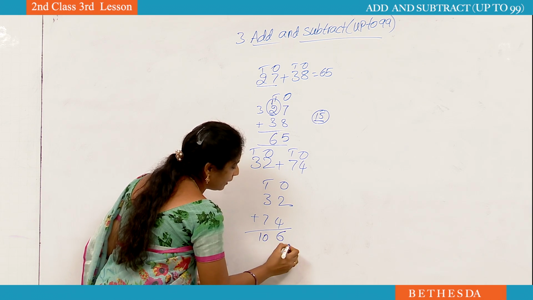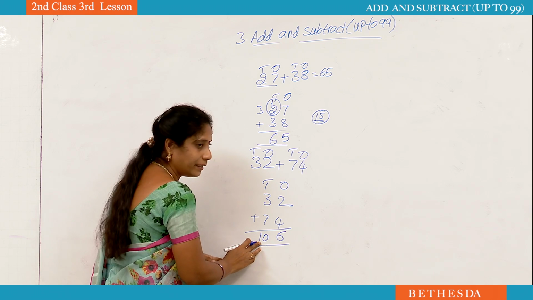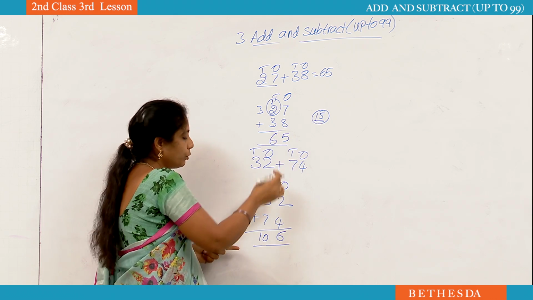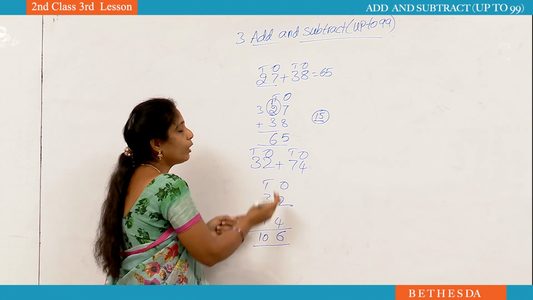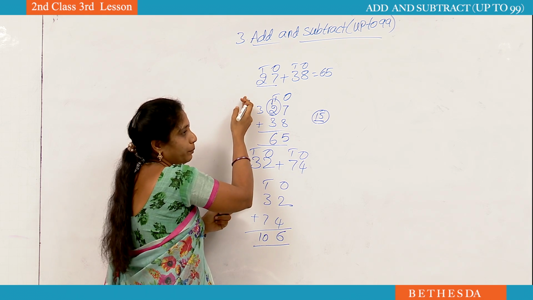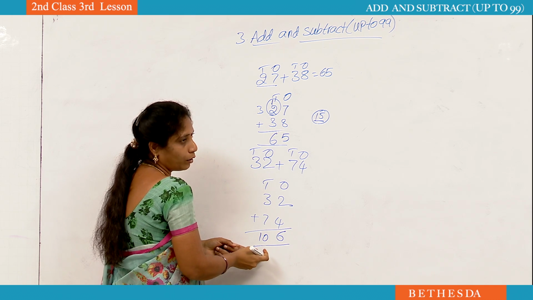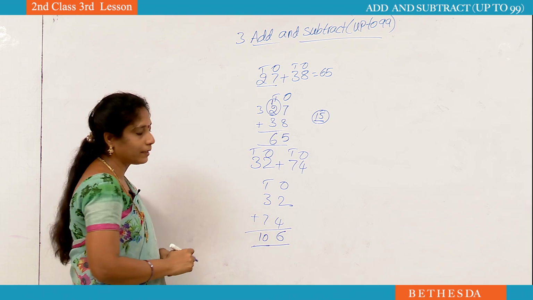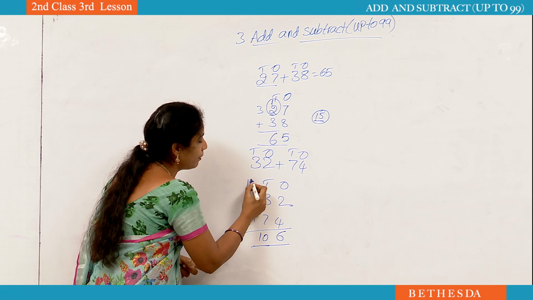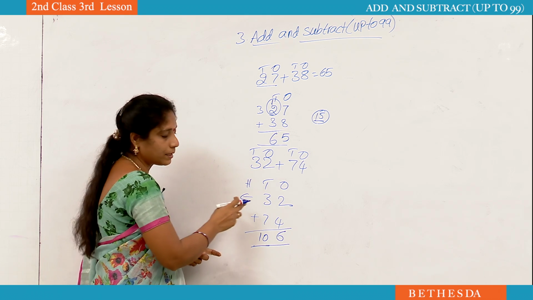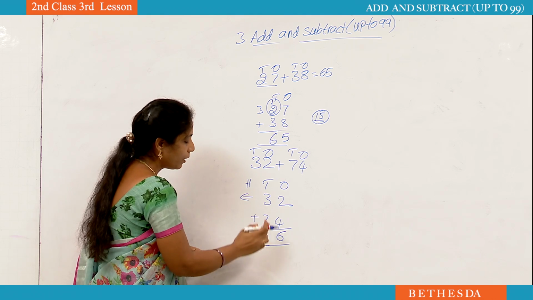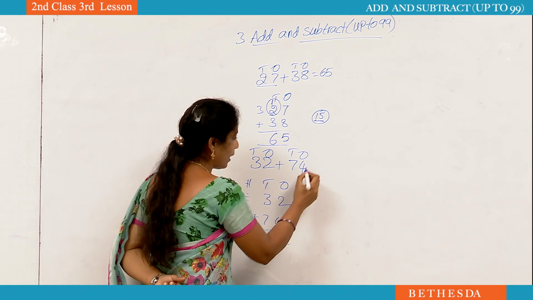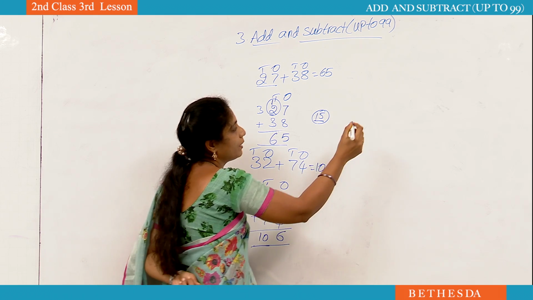Here we got 10. In 10 we have 2 digits, but I am writing it down. Teacher, before you told us that if we get a 2 digit number, we should not write it directly down. We have to write 1 in the next place and write the other number in that place. But here you wrote it down, why madam? To write the number, we don't have a hundreds place. Yes, is there a hundreds place here? No, that's why you have to write the answer here only. Now did you understand how to do additions? Now the answer is 106.